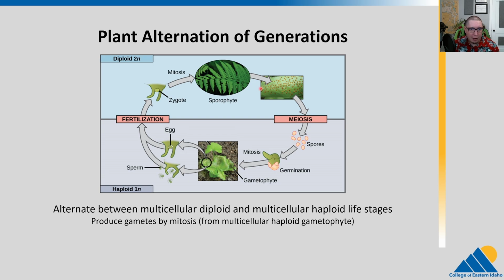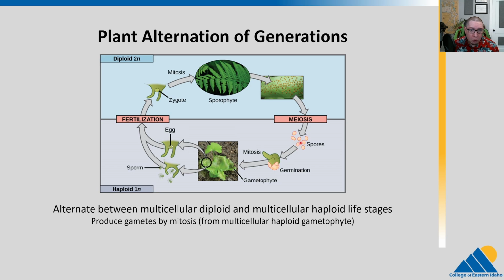On the bottom side of the fern fronds, we have these sori that produce spores. Okay, what are spores? Well, spores are produced by meiosis. So these cells go through meiosis and produce these haploid cells called spores. Now you'll notice there's not a male and a female version, not a sperm and an egg. Don't worry, that comes later.